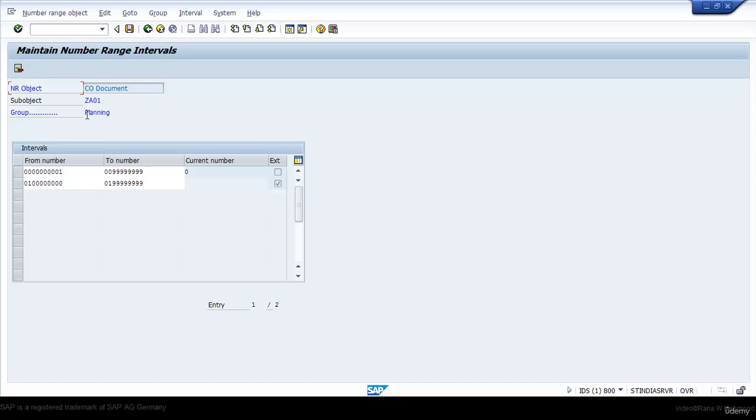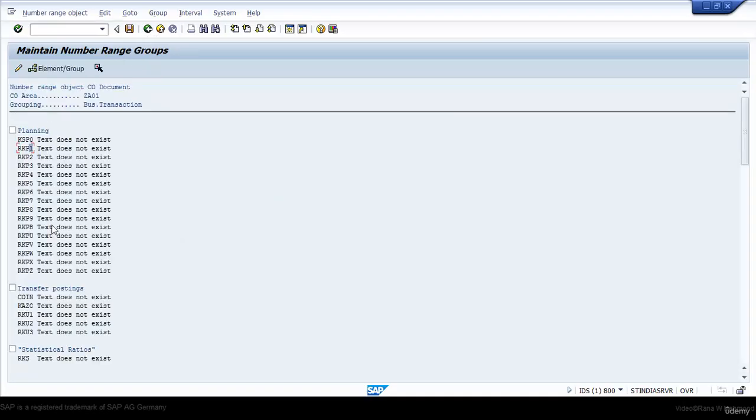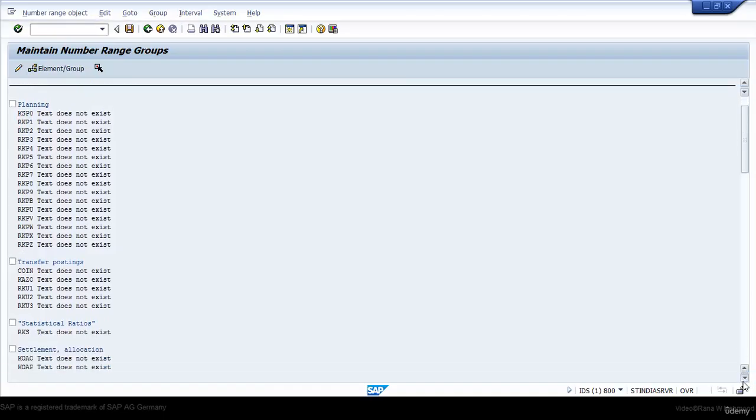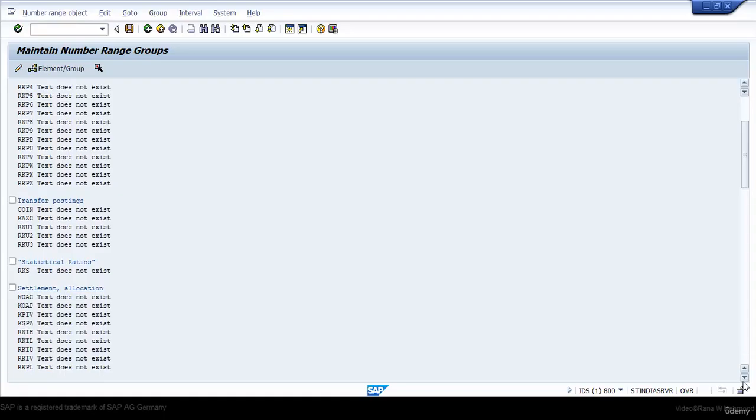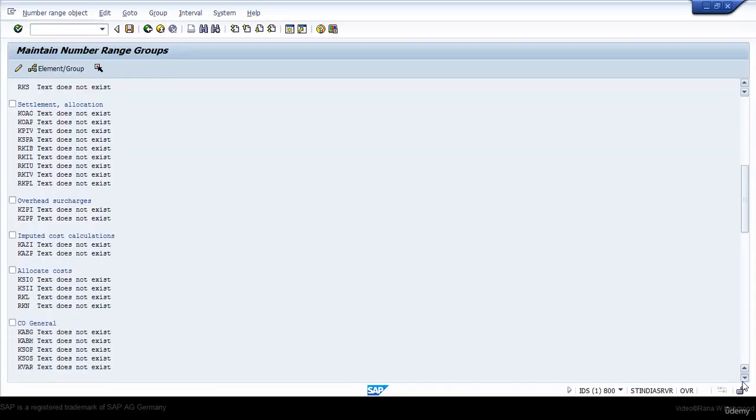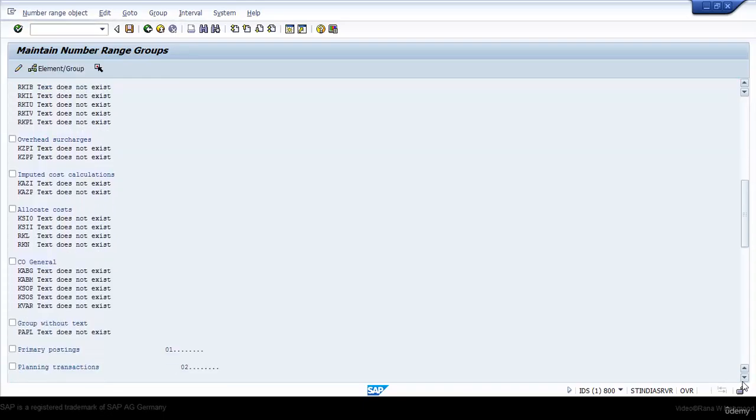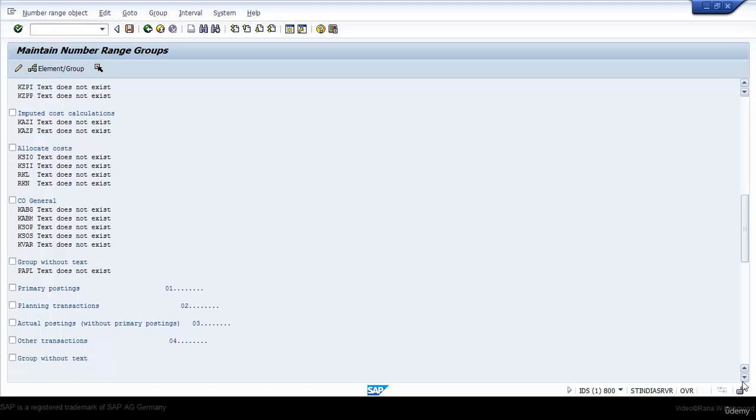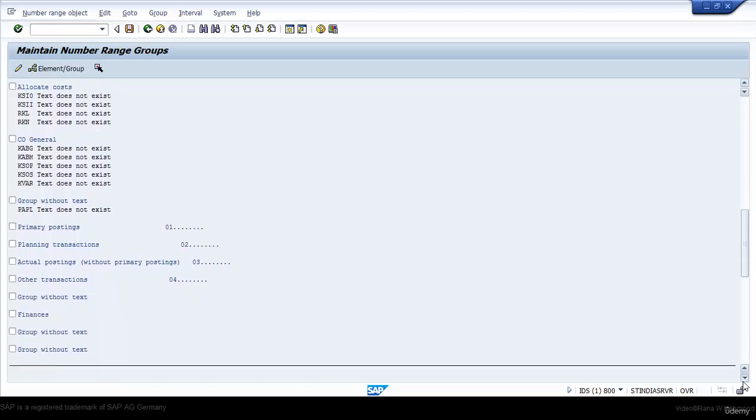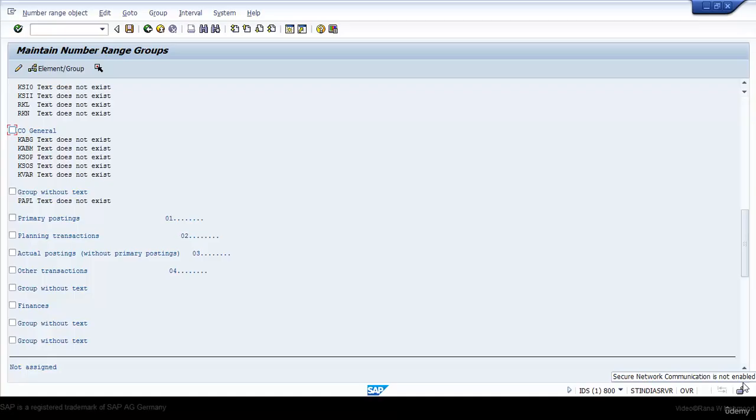So for planning, the number ranges are 1 to 199, 1000 to 199. For each group you can create different number ranges. Planning, you have transfer posting, you have statistical ratios. Each group will allow different number ranges: settlement allocation, overhead surcharges, imputed cost allocation, allocate costs, CO general, group without text, primary postings, planning transactions, actual postings, other transactions, group without text, finances,